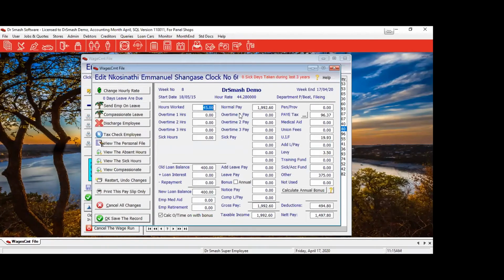Okay, so here he has worked 45 hours. We're quite happy with that. His tax has come through, his UIF, and he has an "other", which would be like his garnishing or something to that effect, has all come through. If he has worked overtime, Monday to Friday, say 2 hours overtime,